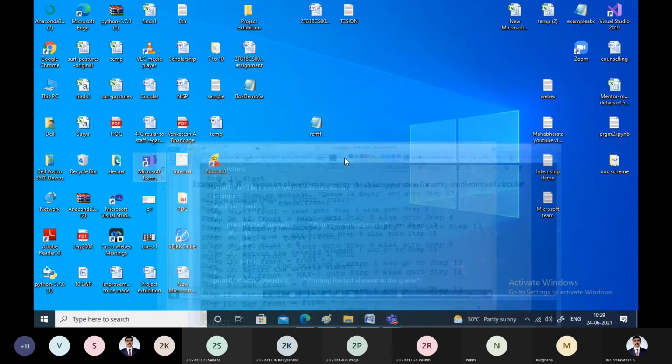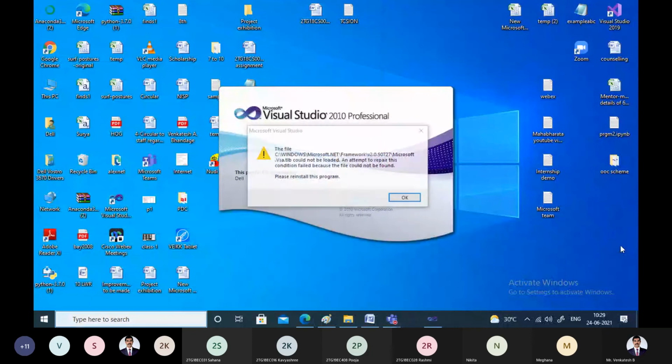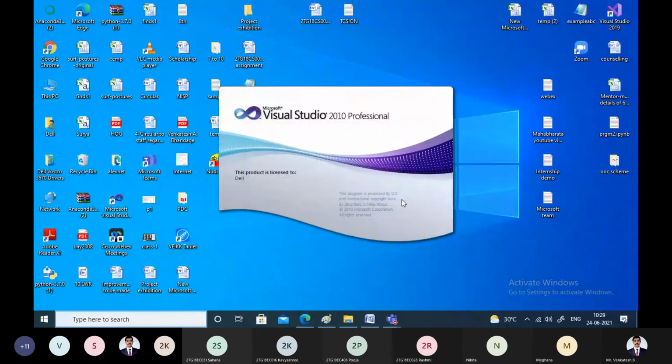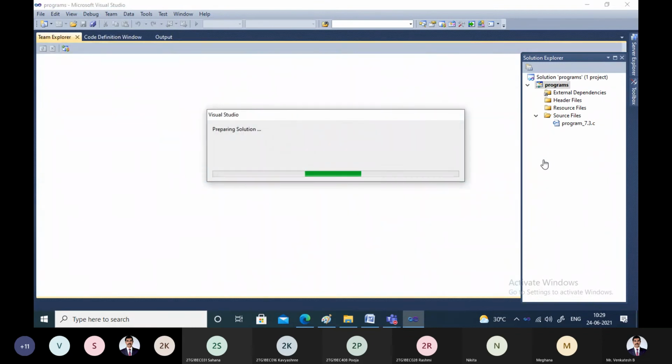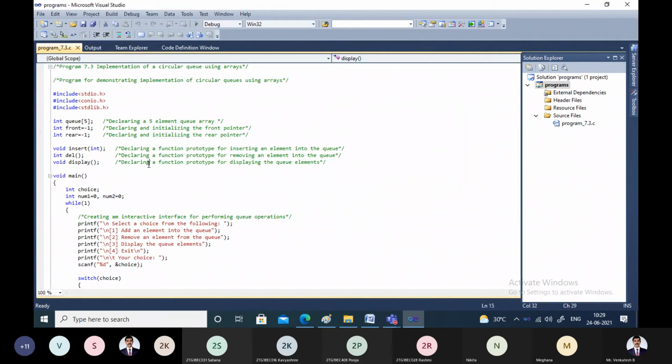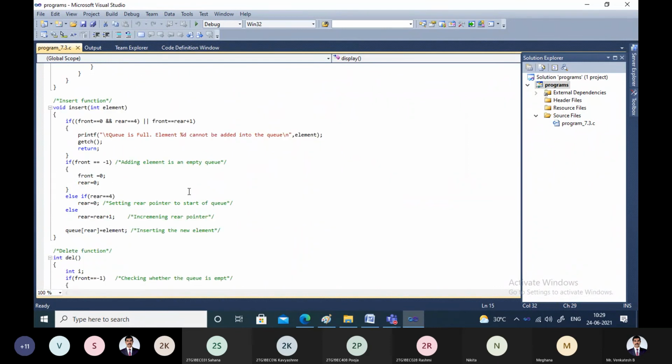Let me check for the implementation. Let me show the demonstration showing all the operations on the circular queue. Right, so this is the program that we have implemented, what we have seen just now.